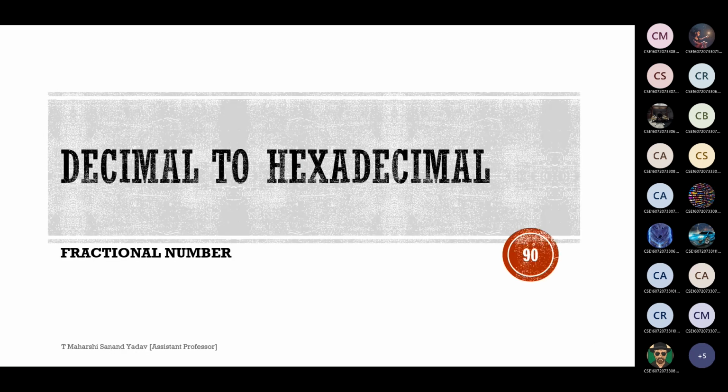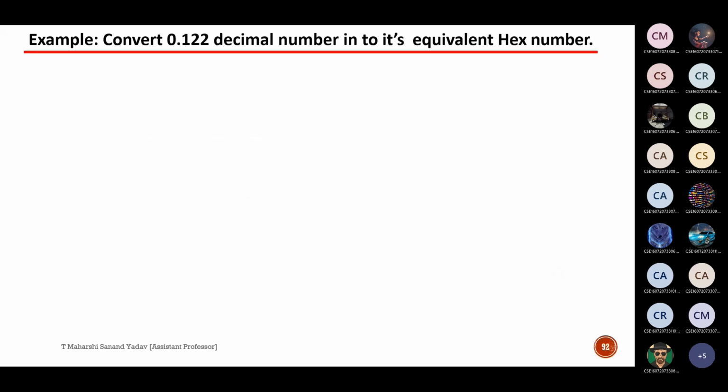So next, decimal to hexadecimal in terms of fraction now. So here, continuously we need to multiply it with 16. So please solve. So 0.122 multiply with 16 continuously. Again, after noting down the leftmost digit, revert it back to 0 and repeat the same process for at least 5 to 6 times.